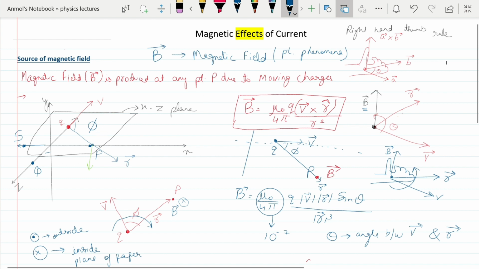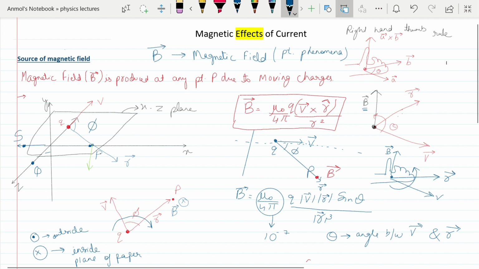Okay, I hope you can see this pointer here in this plane. This is your xz plane, and you move from V cross R. So if you rotate your fingers from V cross R using the right hand thumb rule or screw rule, if you're rotating in this direction, this will be treated. If you see it from the top, assume that this is a sheet present on your table. So when you rotate from V cross R, if you rotate the screw like this, or your right hand fingers like this, then your thumb will go inside.